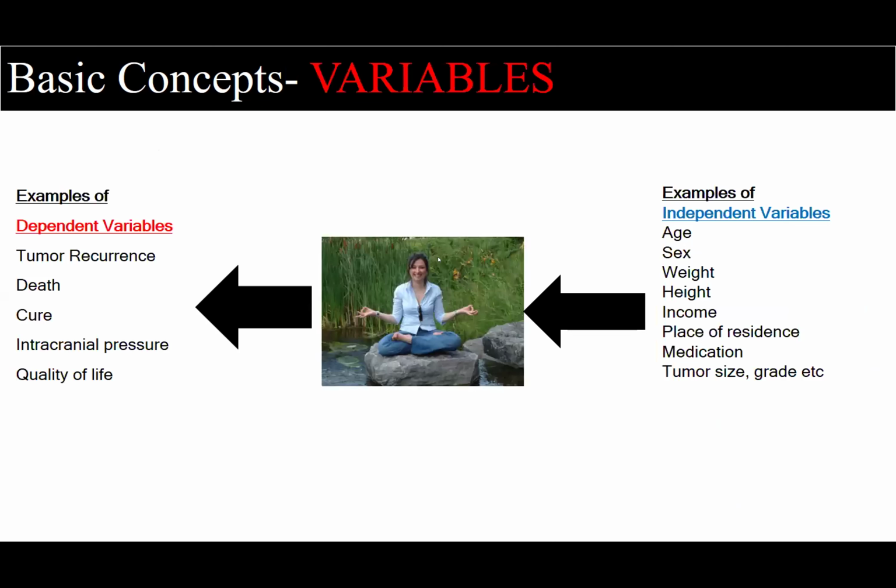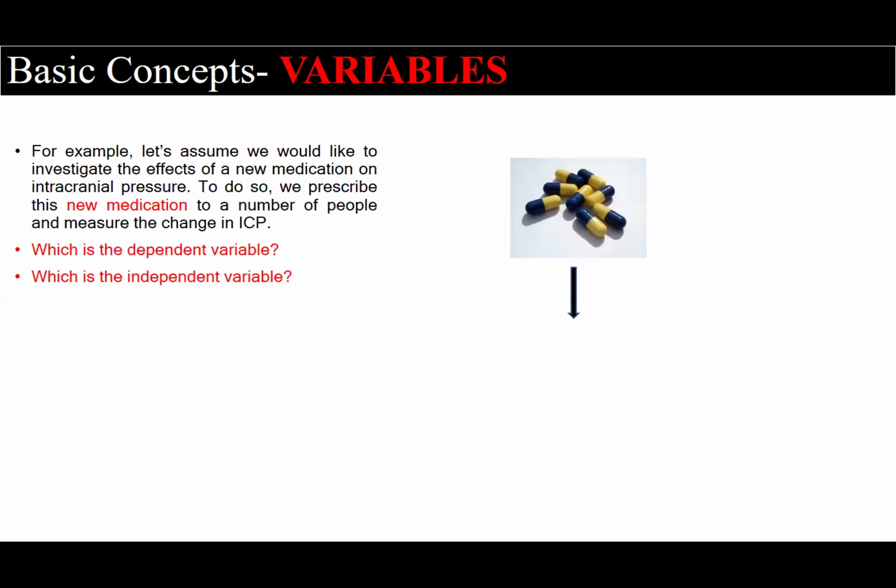So for example, this is an example of dependent variables. You want to maybe see tumor recurrence using 2 surgical techniques. You want to see what is the mortality rate. You want to see the cure rate after maybe radiotherapy, chemotherapy. So these are dependent variables, okay? Independent variables can be socio-demographic, can be clinical, it can be related to therapy, and prognosis. So you need to know which variables are dependent and which variables are independent before you start doing a statistical analysis. Let me give an example here.